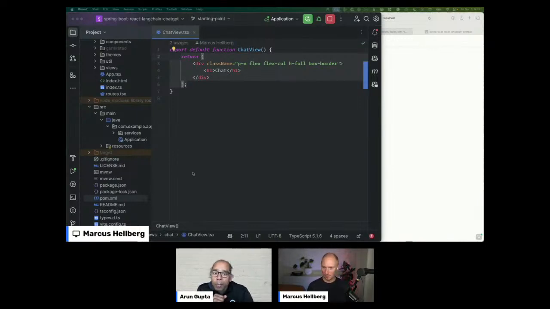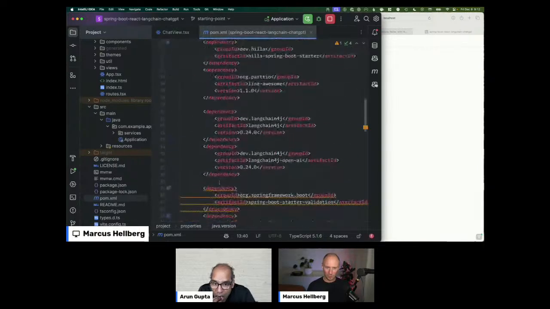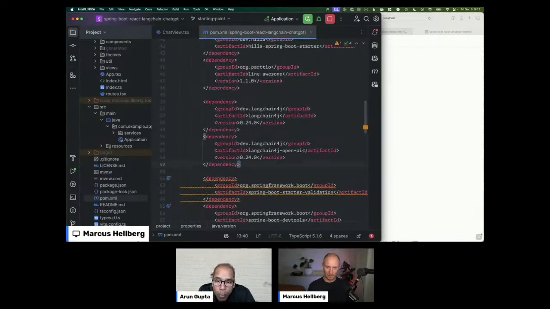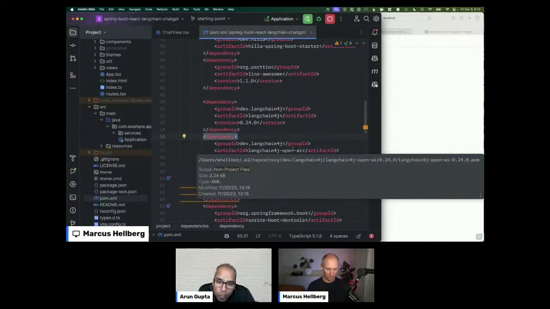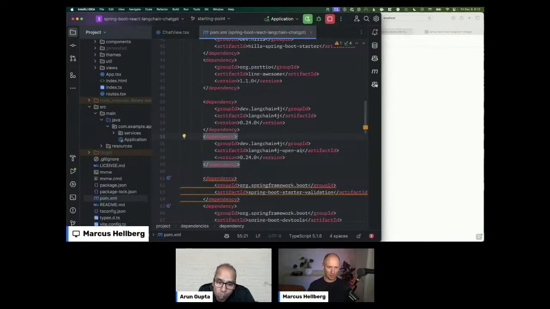Okay, perfect. Anyway, we have a standard Spring Boot project and a standard React project, and really the magic here is just how we communicate between them, and we're going to get to that pretty soon. Before we get there, I just want to quickly show that I did add two dependencies here from LangChain4j: the core dependency and then the LangChain4j OpenAI one. There are different APIs we could be calling, and in this particular instance, we're interested in using OpenAI.